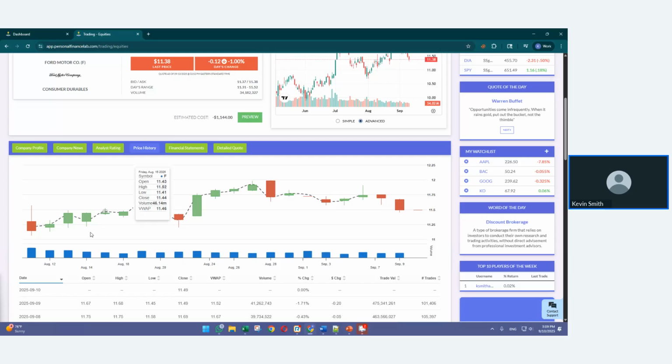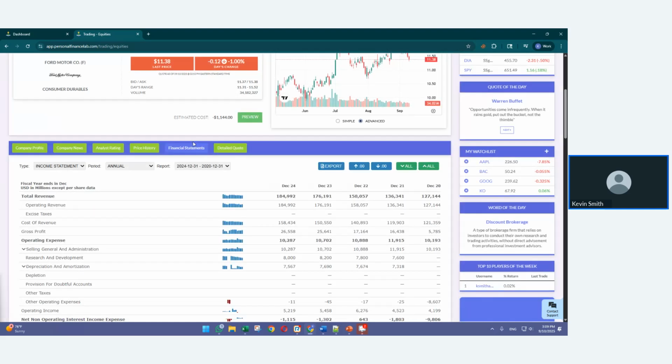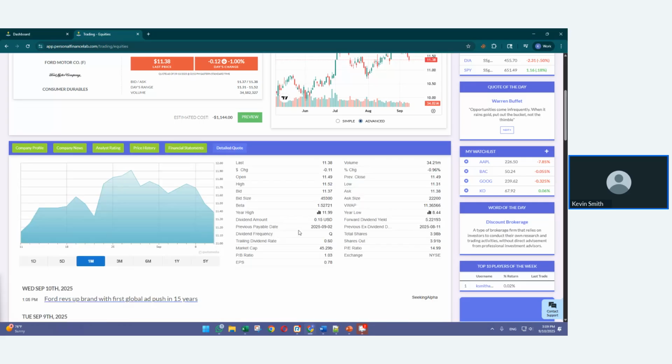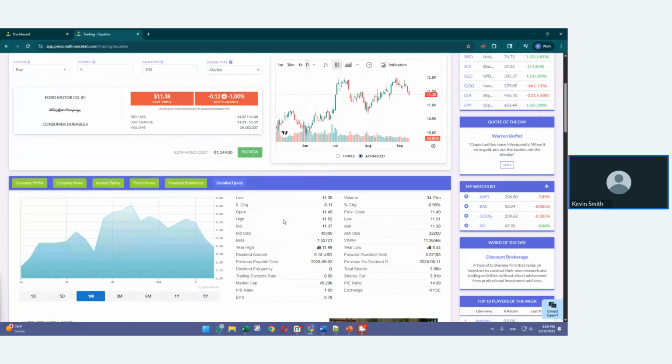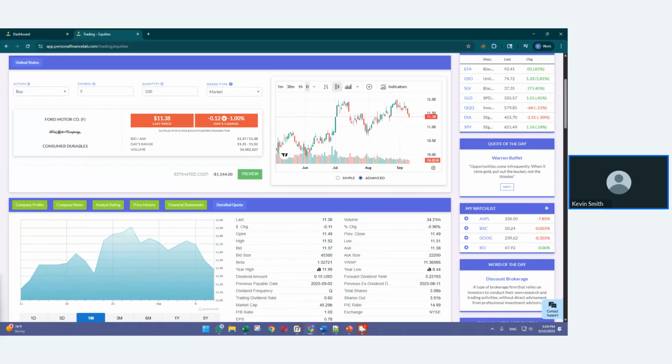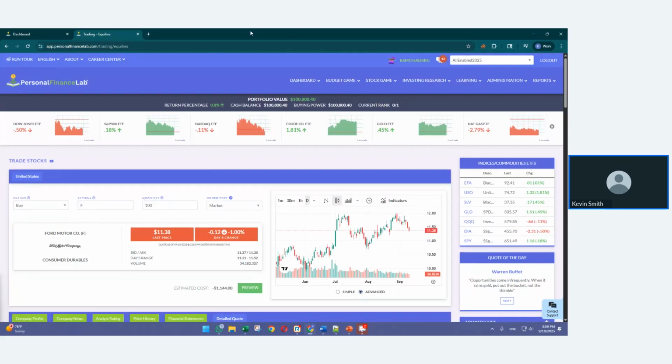Price history, so I can see whether this stock has been going up and down over a longer period of time. For classes who are getting a little bit more into the investing side, there are financial statements, income statement, balance sheet, cash flow statement, going back 20 years, and detailed quote information that gets all the PE ratios and all that kind of stuff too. So a lot of stuff is packed in here. And that's just right on the trading pit. I haven't even gotten to the research center yet, which I'm about to,